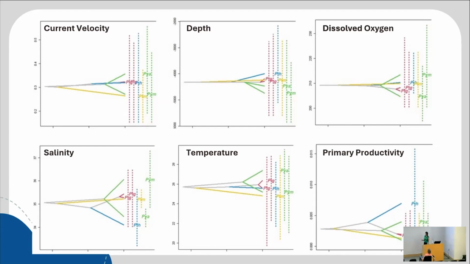All of these have time on the x-axis, with present day being the first year. And so what these dotted lines are is the present day niche of these species. So this represents the current range of environmental variables that each of these species exist in today. And so you can see across the board, they're all overlapping. So they all have an overlapping niche, probably not significantly different,